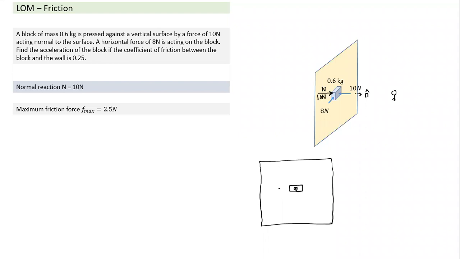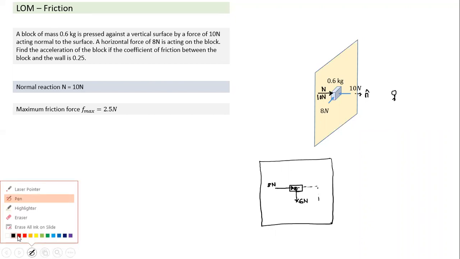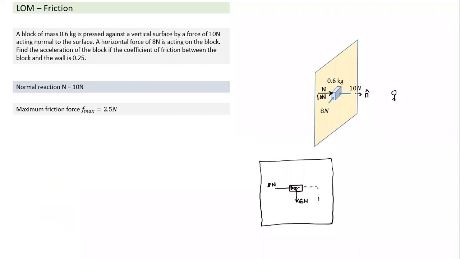Now, from this orientation, let me look at what external forces are acting. One external force is this 8 Newton horizontal. But weight also is acting. How much is the weight here? Weight is equal to 6 Newton, right? So if there was no friction, I can extend these tail to tail. So what is the resultant force? The resultant external force is something like this. So the resultant external force is acting like this. So this is the direction of likely motion.